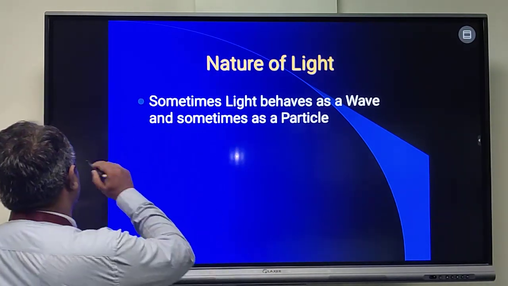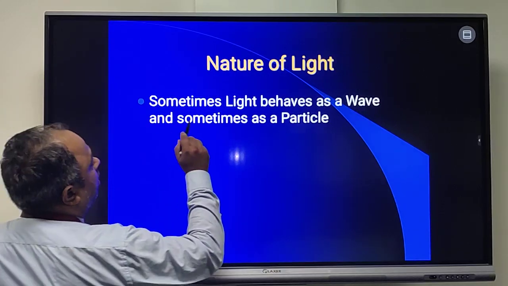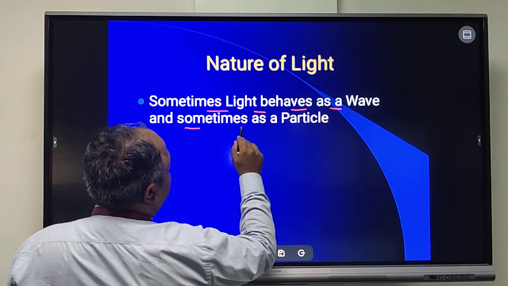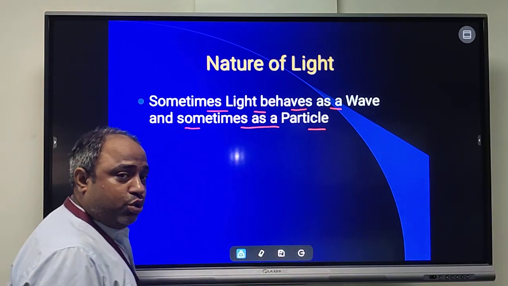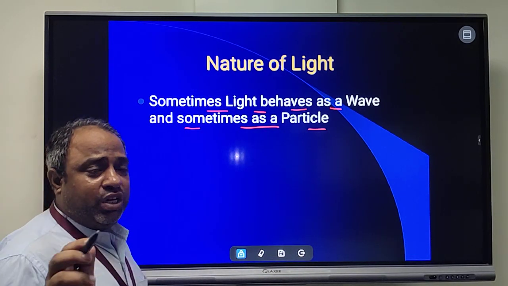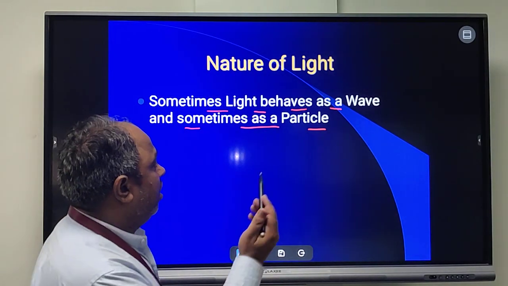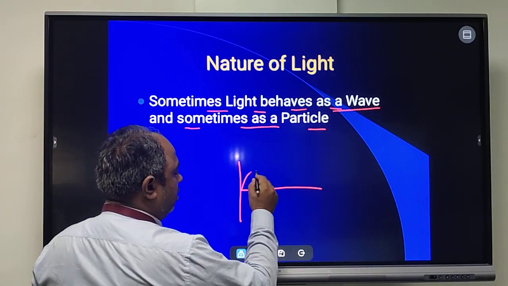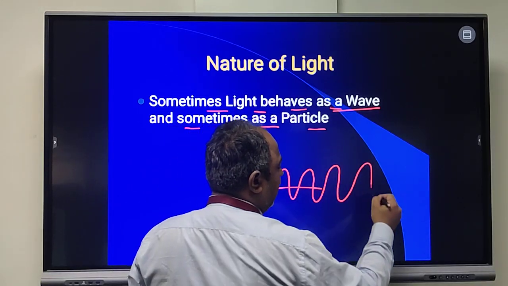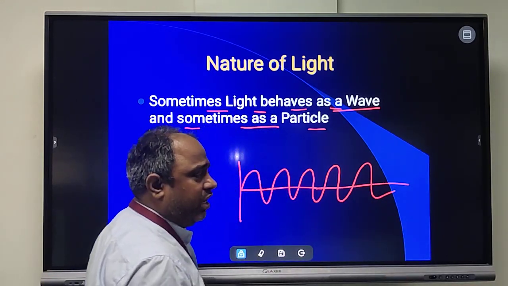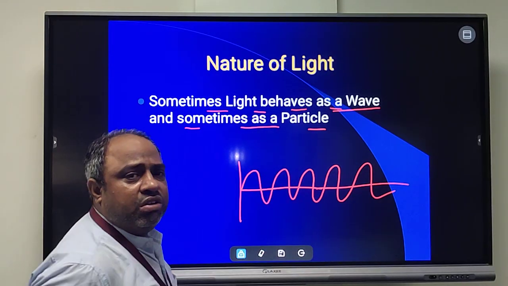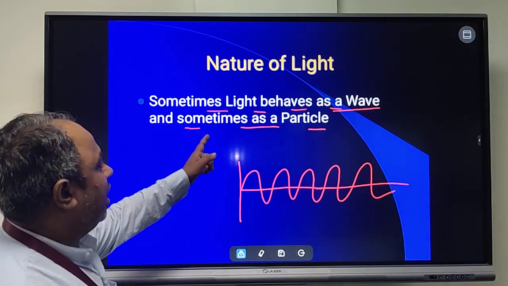I'm talking about this thing. Look at this. Sometimes light behaves as a wave and sometimes as a particle. That's true. It's really true. When transmitting in optical communication, it may work as a wave, like this. It may behave like this constantly without any delay and without any stop, simultaneously flowing from one side to the other side. But sometimes as a